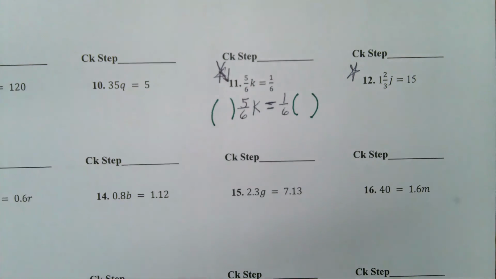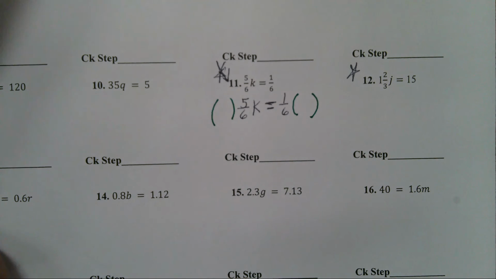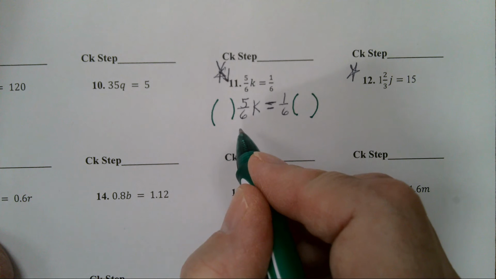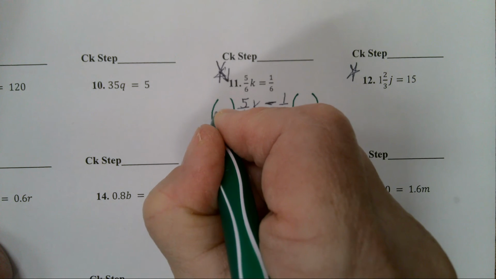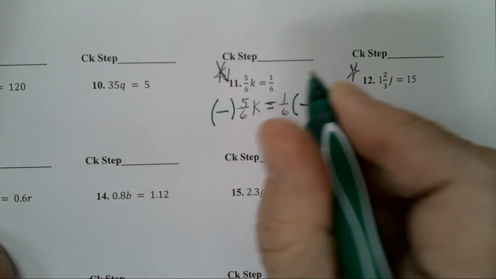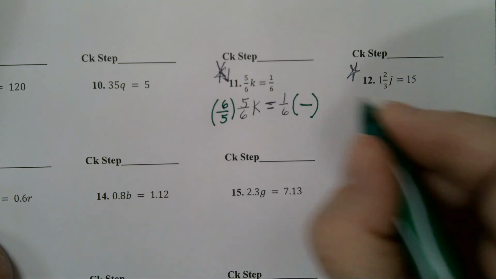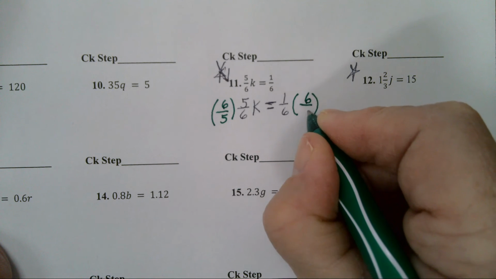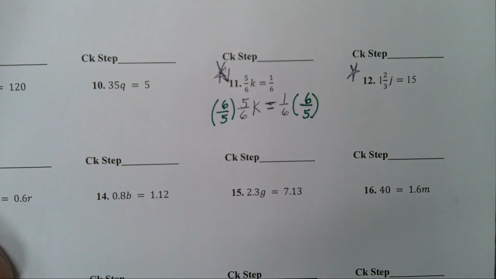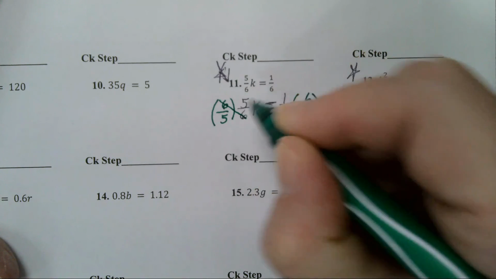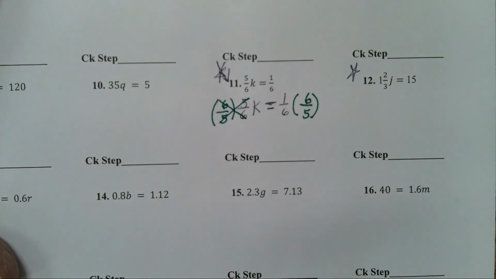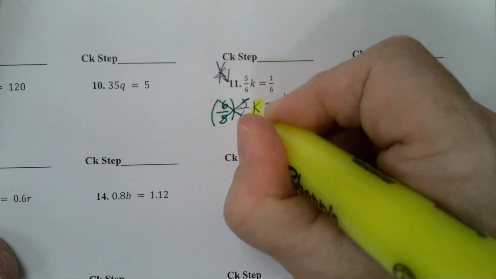Everyone have the parentheses? We are going to multiply each side by the reciprocal of the fraction in front of the variable. The reciprocal, another name is multiplicative inverse, is 6/5. Now let's put it on this side. We have to put the same number, 6/5. Okay, now we've balanced it. Now let me show you, why did I multiply by 6/5? Because they cancel each other out, and you end up with just your k,